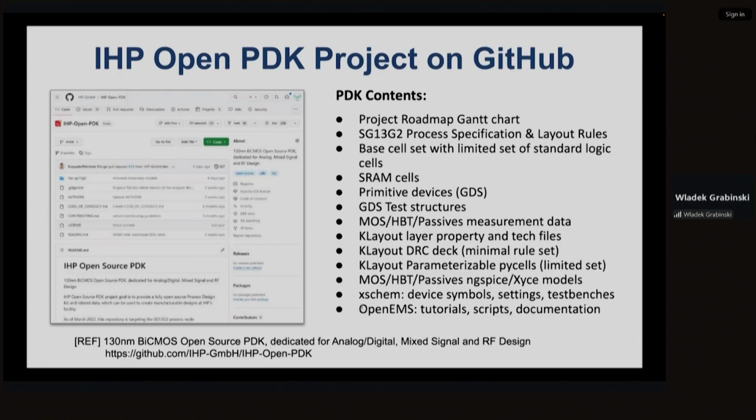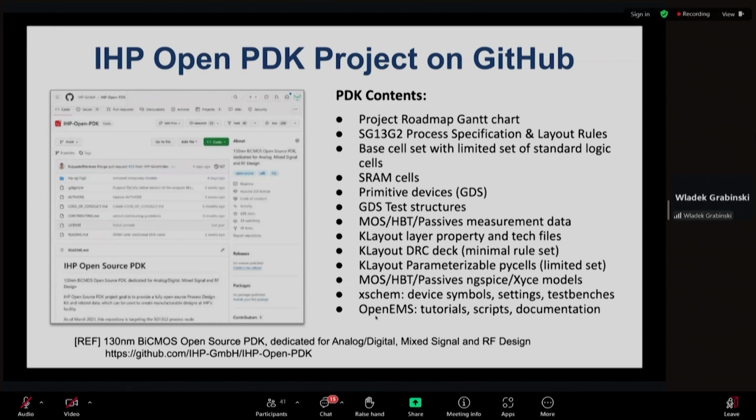We have two options for schematic entry, Xschem and Quarks, which I will introduce just afterwards. If you are an analog RF designer, you can benefit from using openEMS. This is a full 3D electromagnetic simulator, which you can use to validate your RF components.